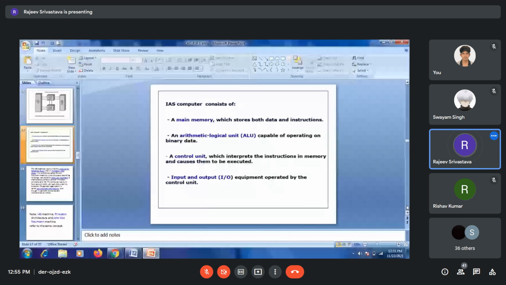The IAS computer consists of a main memory which stores both data and instructions, the program. And an ALU capable of operating on binary data, which interprets the instructions in memory and causes them to be executed. Input and output equipment operated by